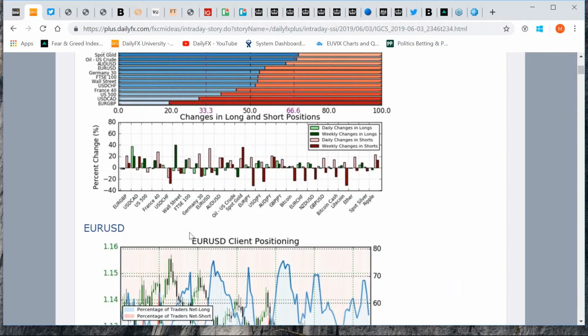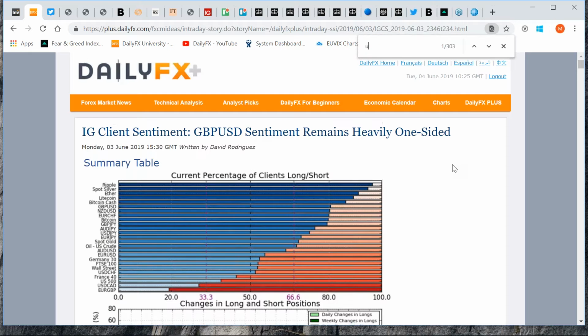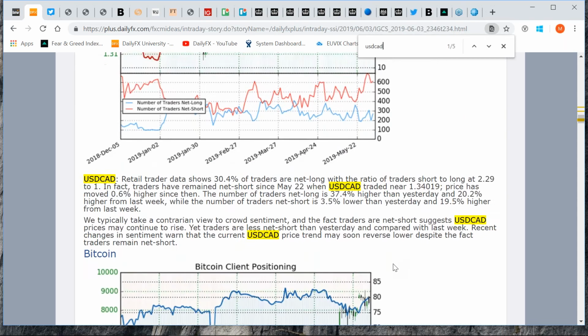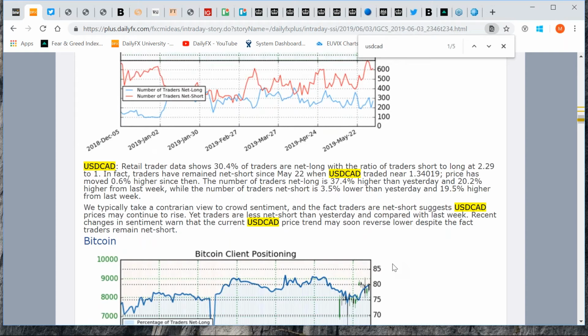I might as well look at one or two others that have moved substantially. Looks like dollar CAD has moved quite a lot, so let's have a look at that. So I shall find USD CAD and see what that says. Yeah, so retail trader, sorry, I said I wasn't going to go into this in any detail, but this looks